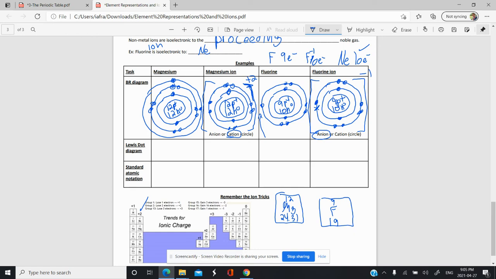Now let's take a quick look on how to do that for the Lewis dot diagrams. So neutral Lewis dot diagram, just draw the symbol and number of valence electrons, 2 for magnesium. Magnesium is a metal, it loses 2 valence electrons, so you simply draw the symbol, no more electrons around it. You're not going to draw in the remaining electron, you're just going to leave the symbol as is, just like a naked symbol, and then you're going to put the square brackets around it and put +2, because it lost